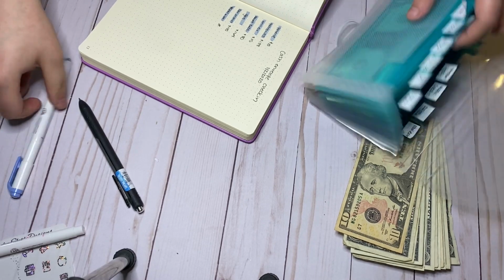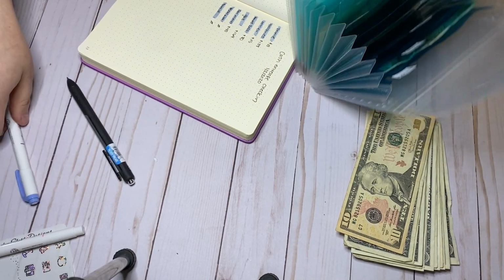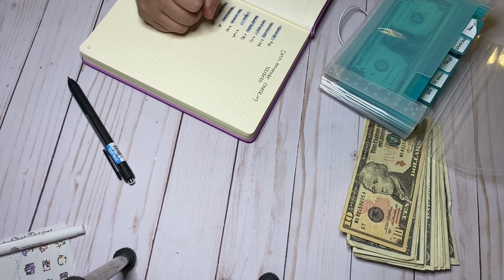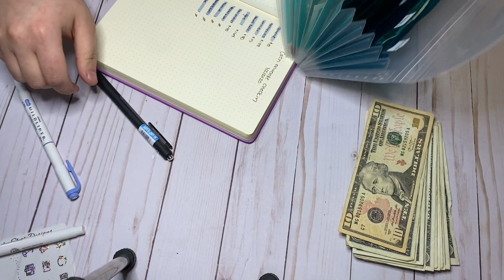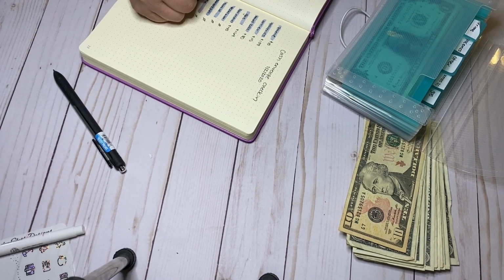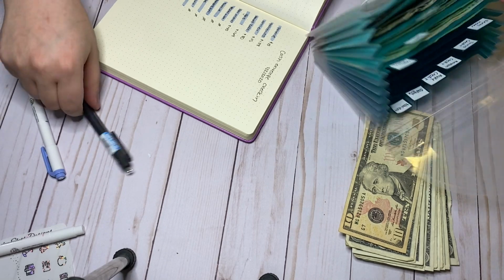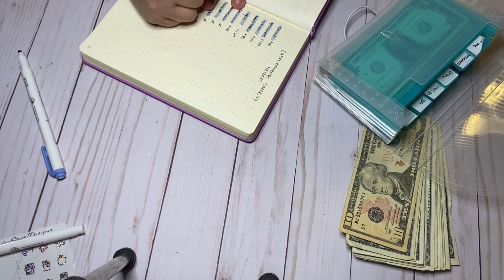And then we've got toward credit card has 0. Then Amazon, Apple, and Capital One all have 0. And then Navient has 0. And then Capital One has money in it. I know it's not for my Capital One card though. I don't know what I was putting in the Capital One spot, so we're gonna do